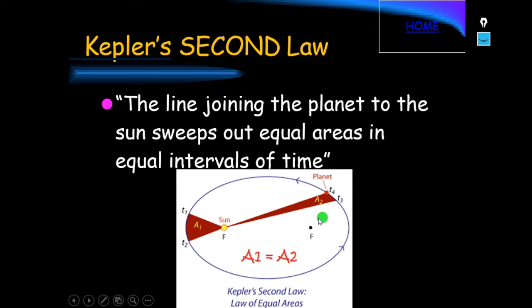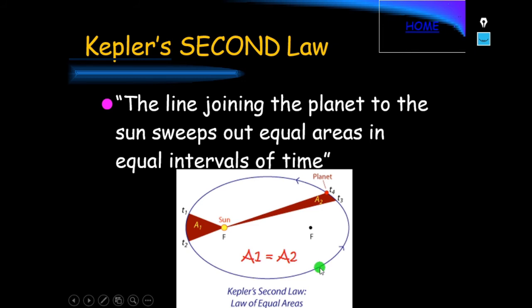somewhere at another point other than this. Again, let us say the planet is here at point T3 and it has reached T4. In the same 5 seconds, the area traveled, or the arc, is A2, let us say. So this A1 is equal to A2. So the area swept by the planet, when the distance between the planet and the sun changes, over equal intervals of time is the same. Kepler's second law says this is the law of equal areas.